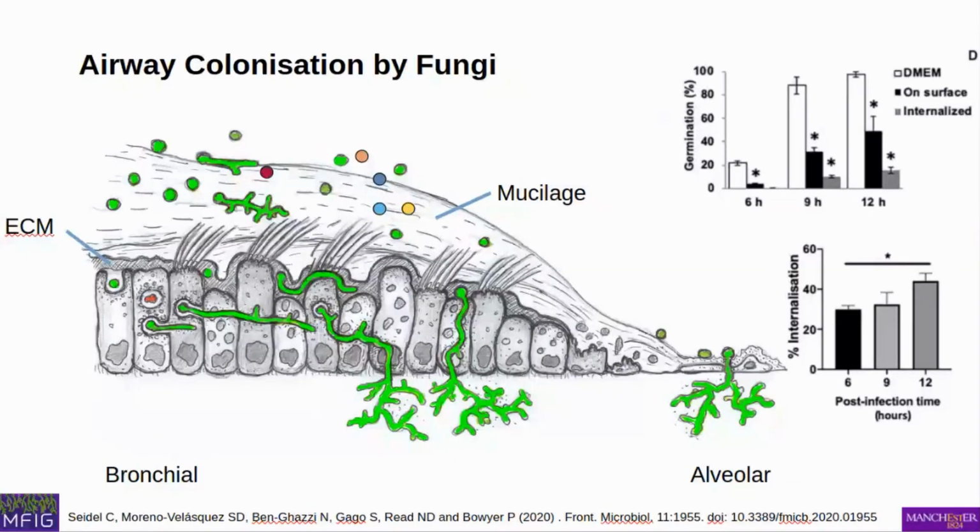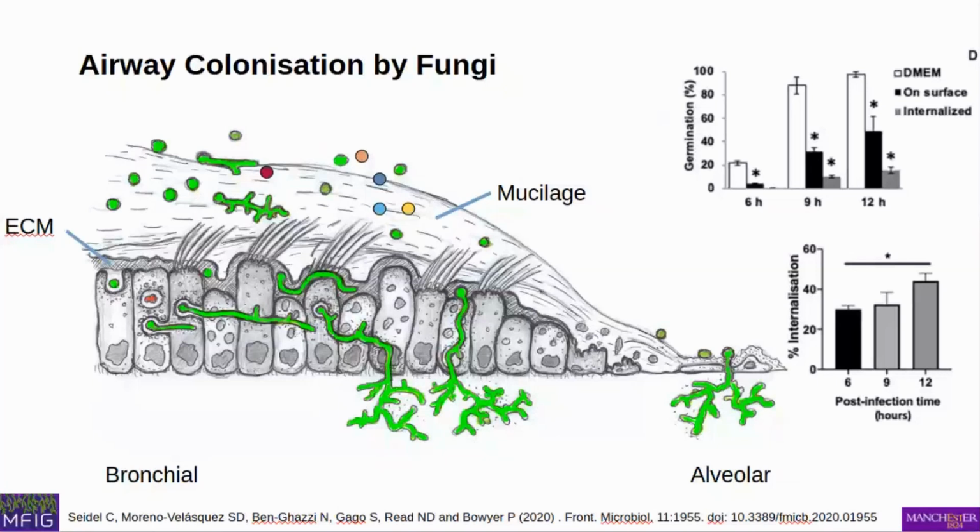Everybody has it. It does mean that each one of us has fungus in our lungs all of the time, because we're continually breathing in spores, and the spores are germinating. You can see there's a couple of spores germinating here on this slide, the green ones, in the mucilage. So we've all got these tiny little colonies of fungus in our lungs. It's perfectly normal. Every single person has it.